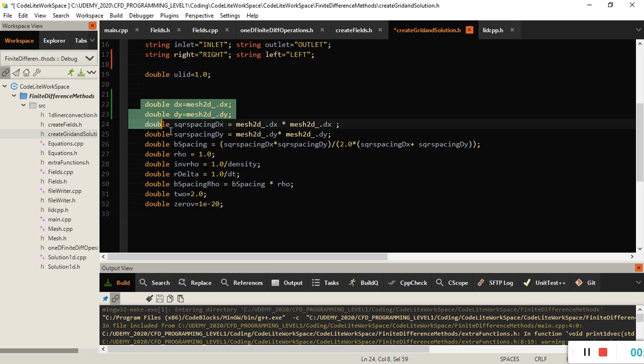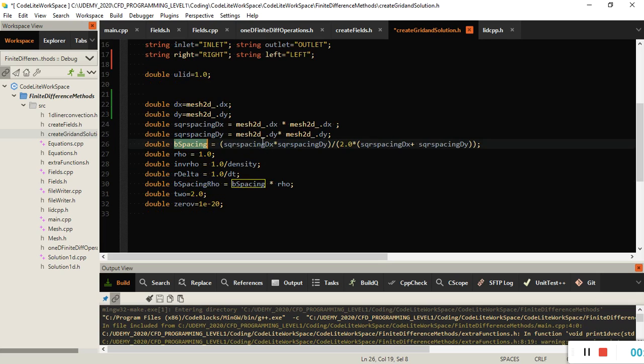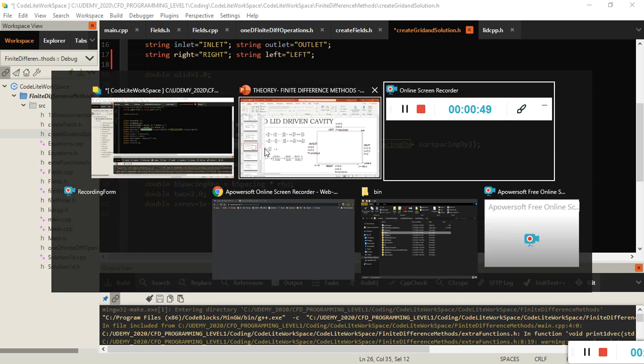And now to make things easier in coding, I'm obtaining some information from the mesh so that I don't have to write everything using the objects. So I'm saying that dx is equal to the mesh object dot dx, dy is equal to the mesh object dot dy, and the spacing square x is dx multiplied by dx, spacing square y is dy multiplied by dy, and this guy here, b spacing, is coming from,